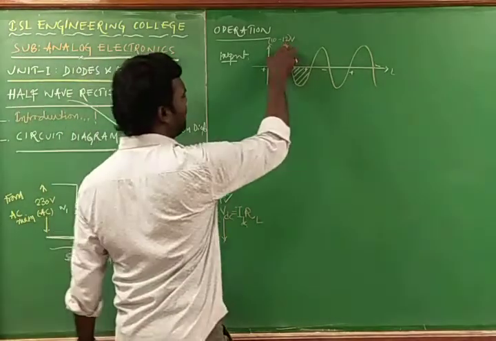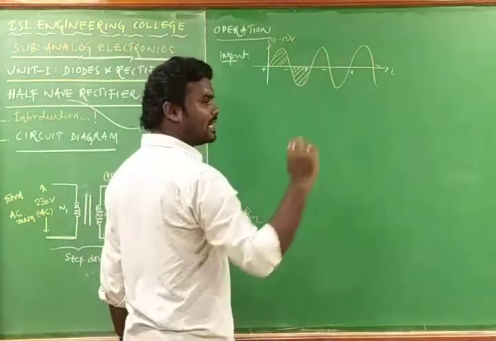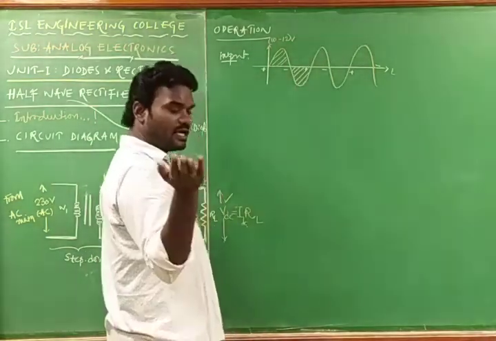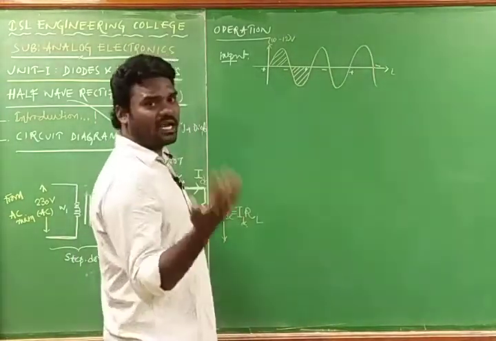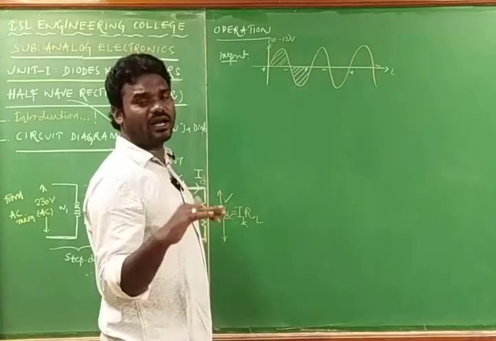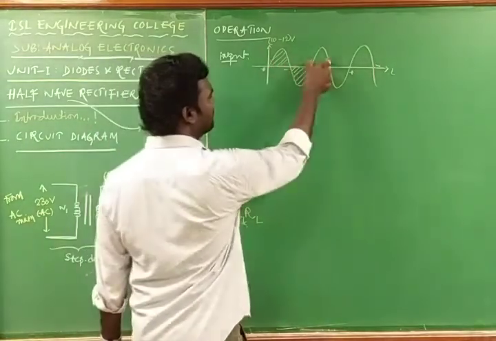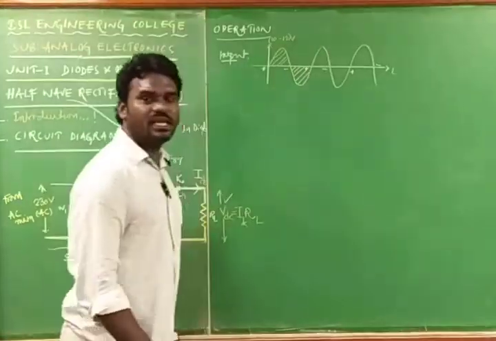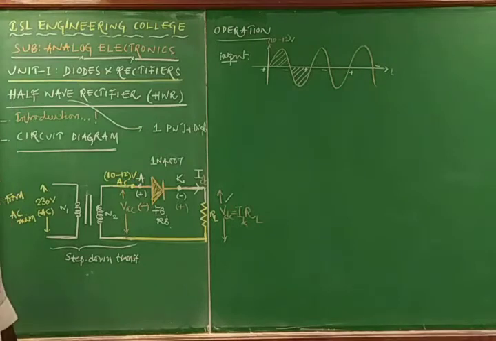During the positive half cycle only, the diode conducts the current, because the diode gets into the forward bias. During the negative half cycle, the current is 0, so there is no voltage, so only half of the wave is converted into DC, such that this type of rectifier is named a half wave rectifier.